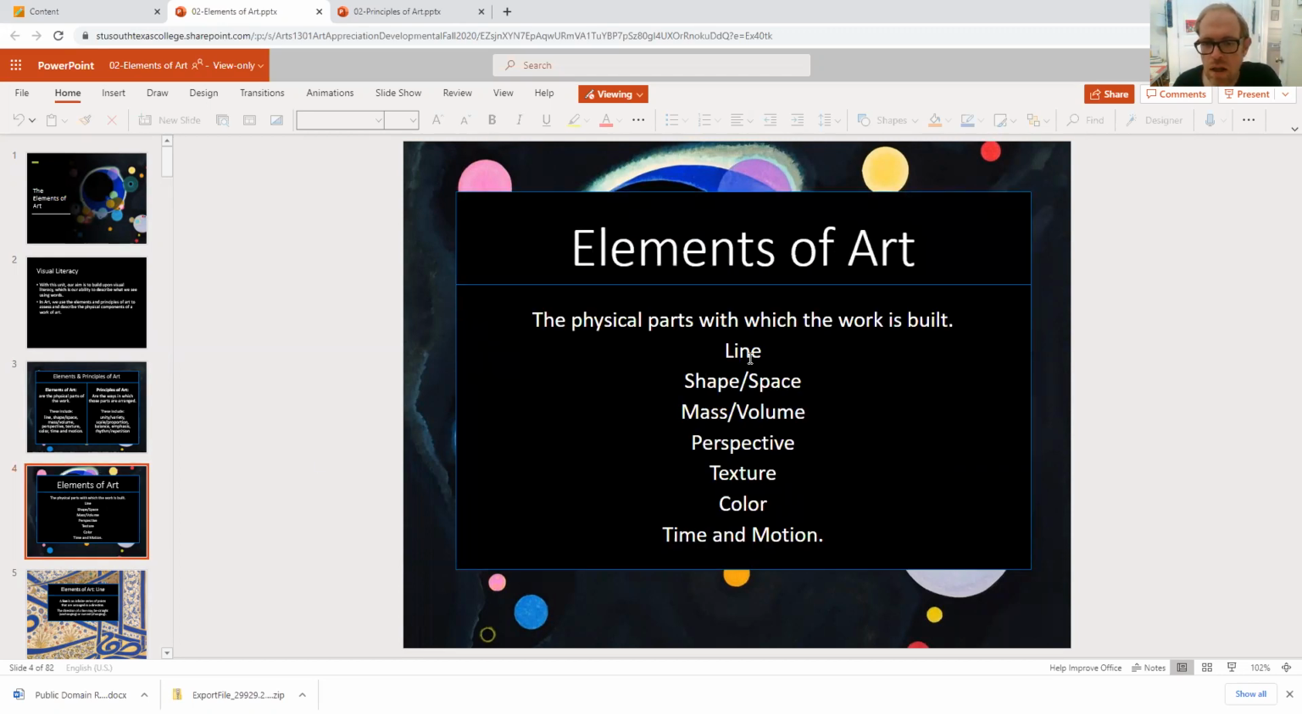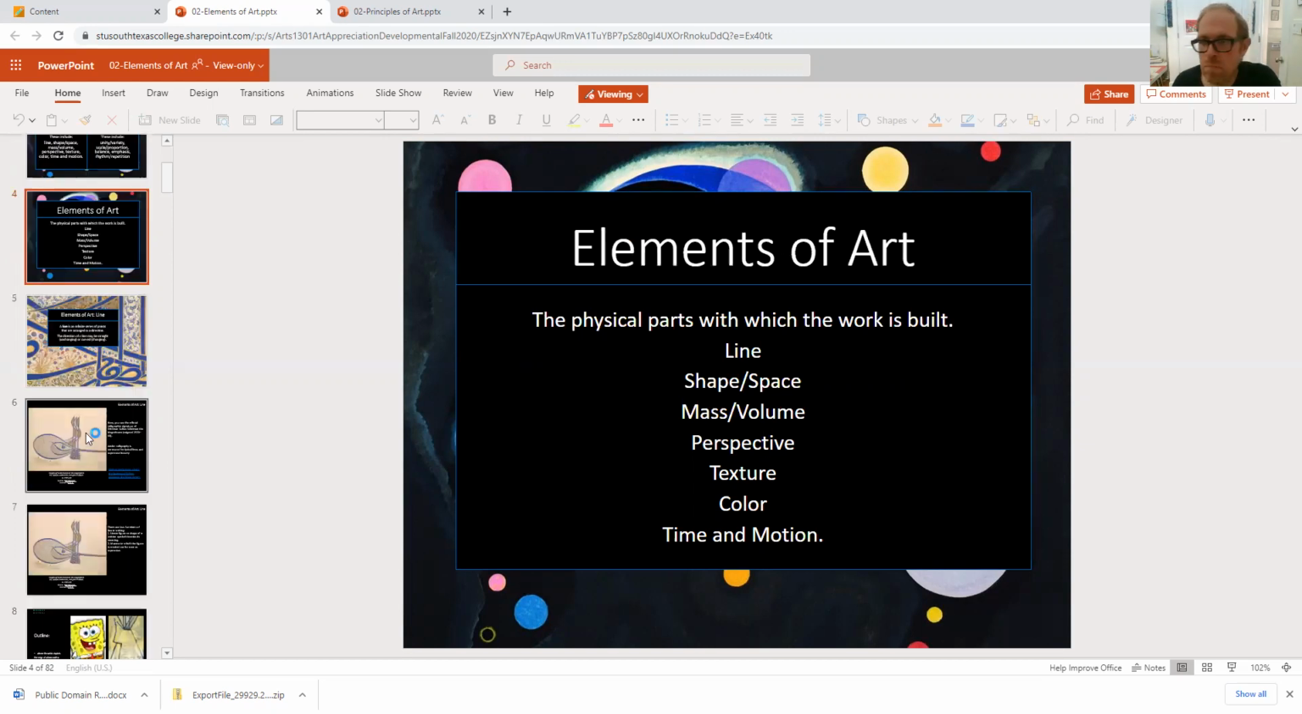They are line, shape and space, mass and volume, perspective, texture, color, time, and motion. There are a lot to discuss. Make sure that you read through the entire PowerPoint. This PowerPoint is considerably longer than the first PowerPoint. Both of these PowerPoints will require some time. I'm just going to briefly discuss line